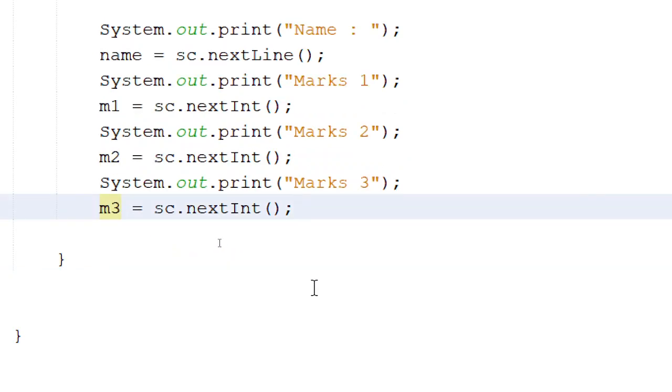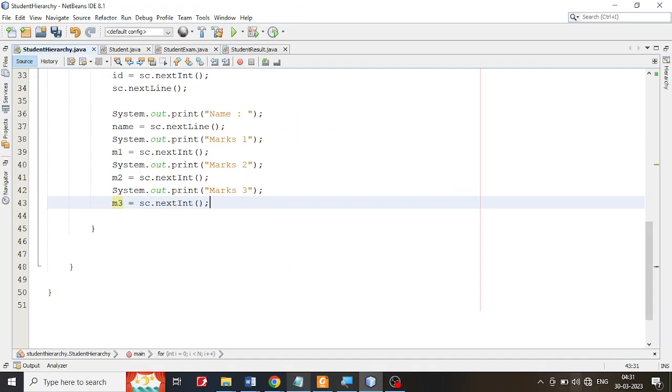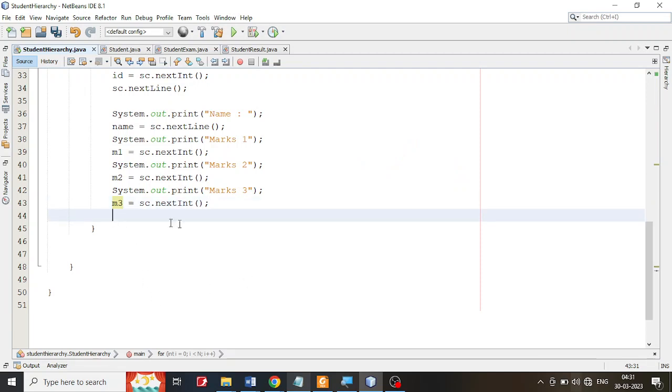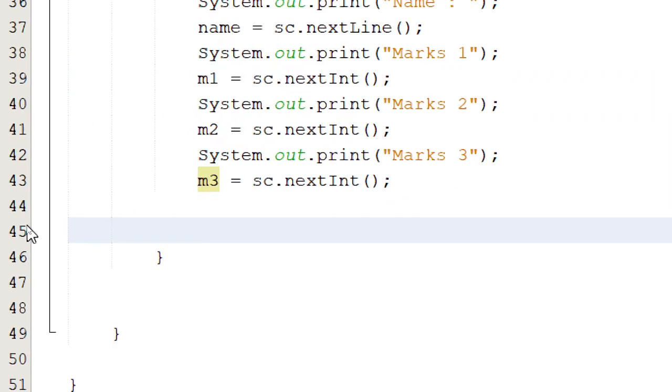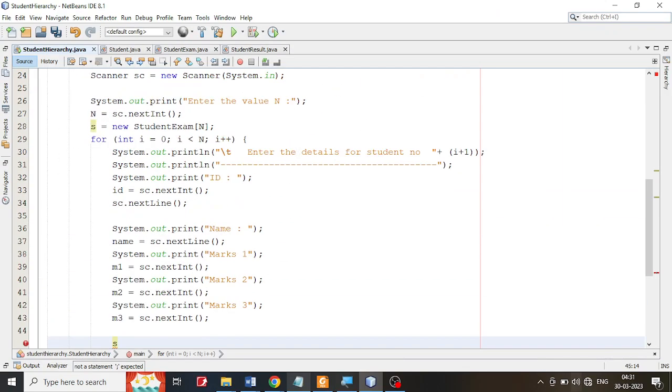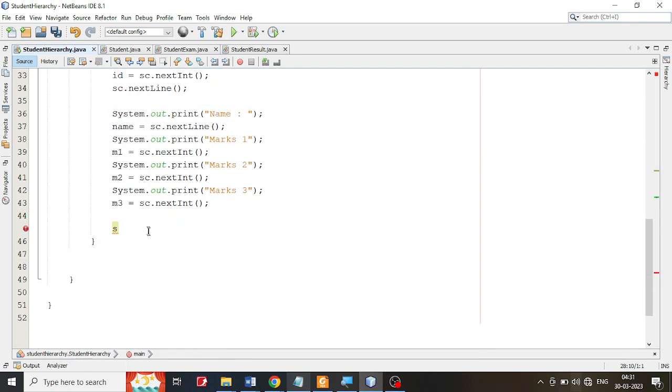Once that is done, now I have not yet created anything. I have just created all the details for the student. Let me store that thing in the student. So how do I do it? Now I have this array here, and in the first location of the array I am going to store this student object there. How do I do that? So I'm going to go over here and I'm going to say ses is my array here. If you notice, I created ses here. Ses is my array. So I'm going to say ses